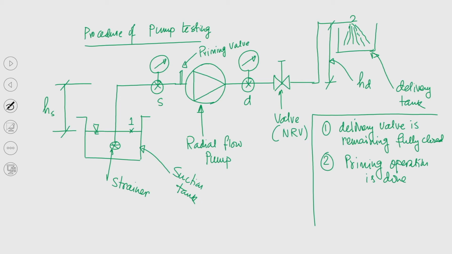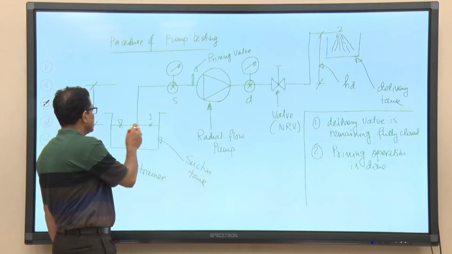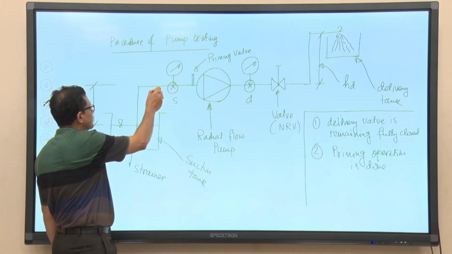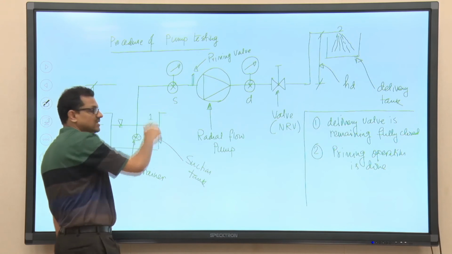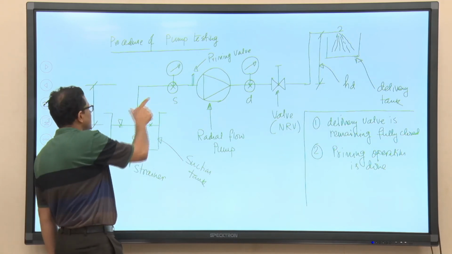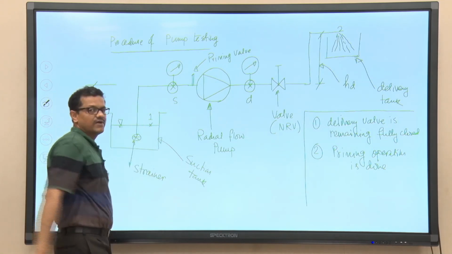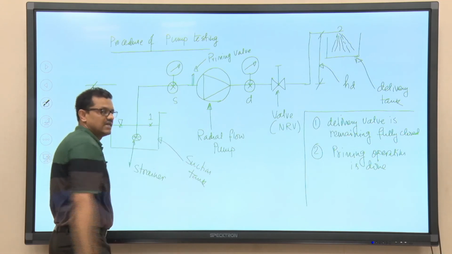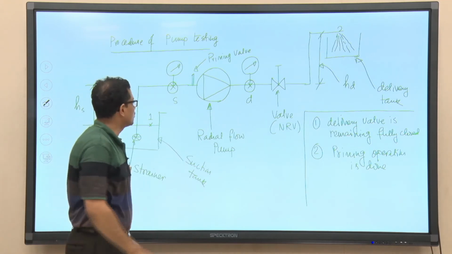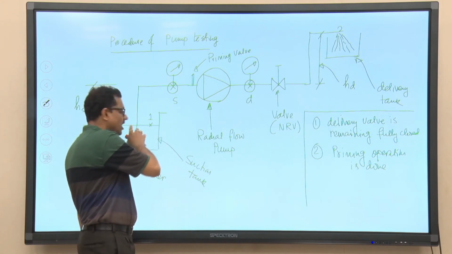Why? Because you can see this is open to atmosphere. Now, if any air bubble or air block, or a small amount of air, is there in the suction line, then it is very difficult to create a pressure difference. So, there will not be any flow of fluid from point 1 to the inlet to the pump, right. So, that is why this is done, I will be discussing soon.